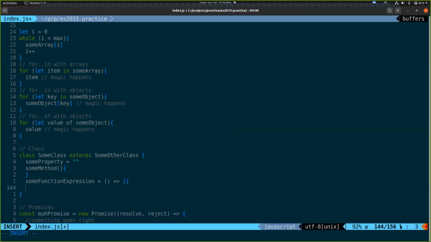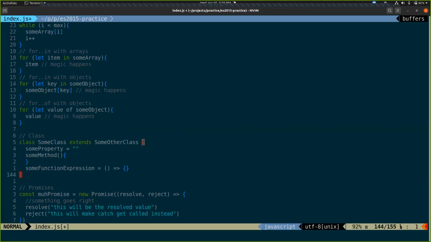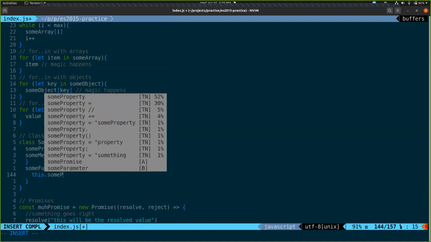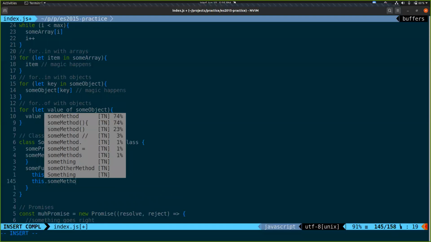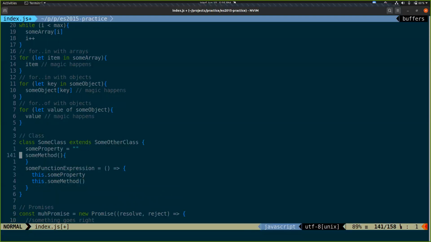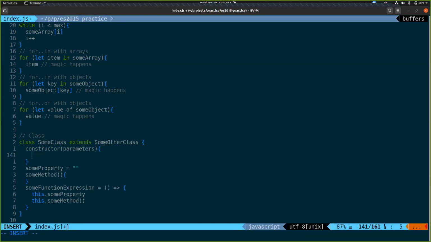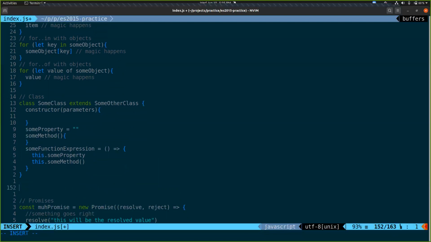And then inside of that, you can do things like this dot some property or this dot some method. There's a magical thing called a constructor. That's what's going to get called when you call new, just like in Ruby.